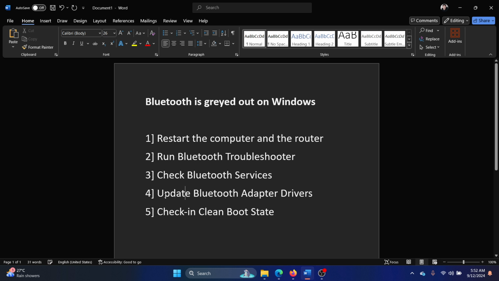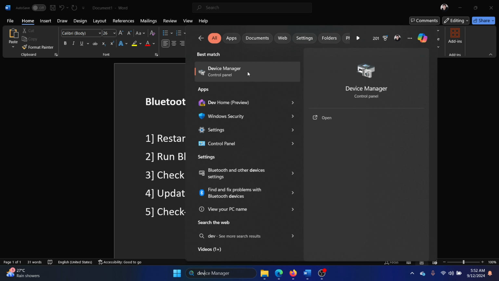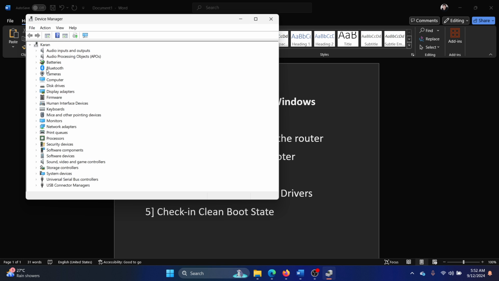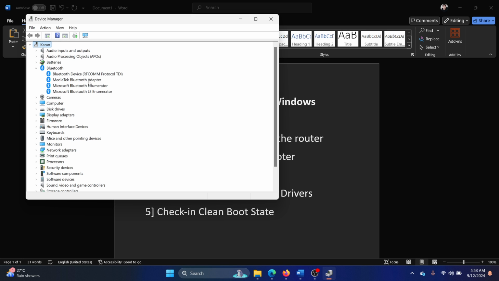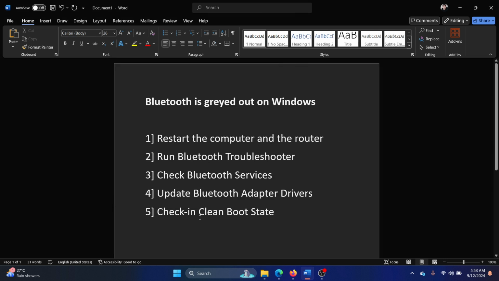Okay, so after this, update Bluetooth adapter drivers. So search for device manager in the Windows search bar and open device manager. Expand the list of Bluetooth adapters. Right click on the MediaTek one, select update drivers and search automatically for drivers. And lastly, you can